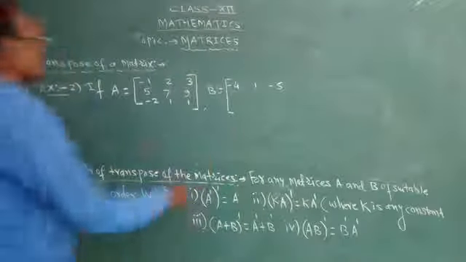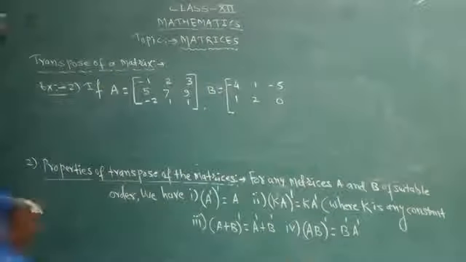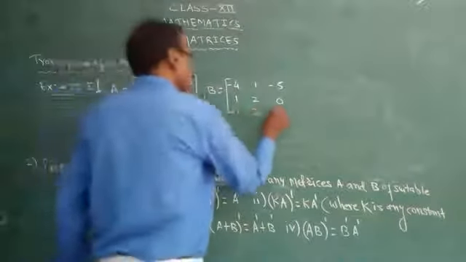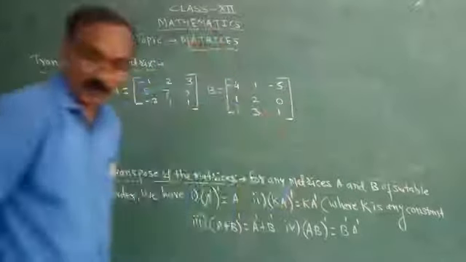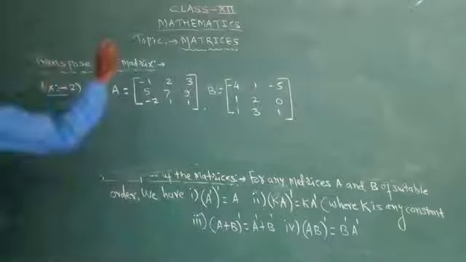Then 1 2 0, 1 2 0, and the third row is 1 3 1. Okay, this is A and B, two matrices. So then verify